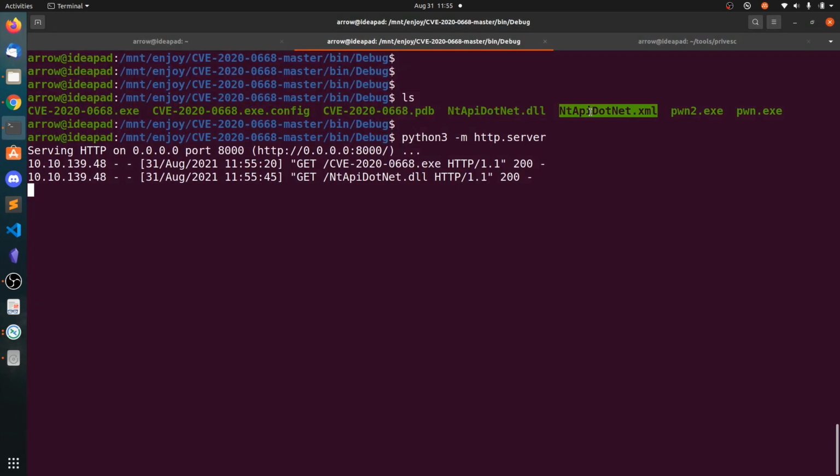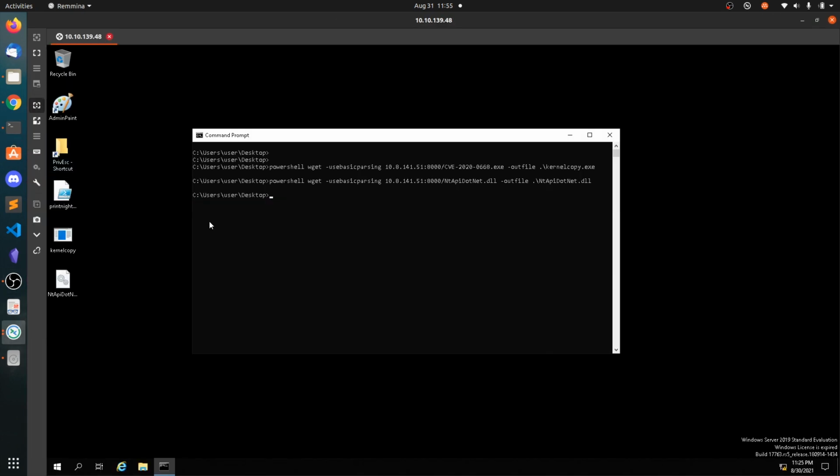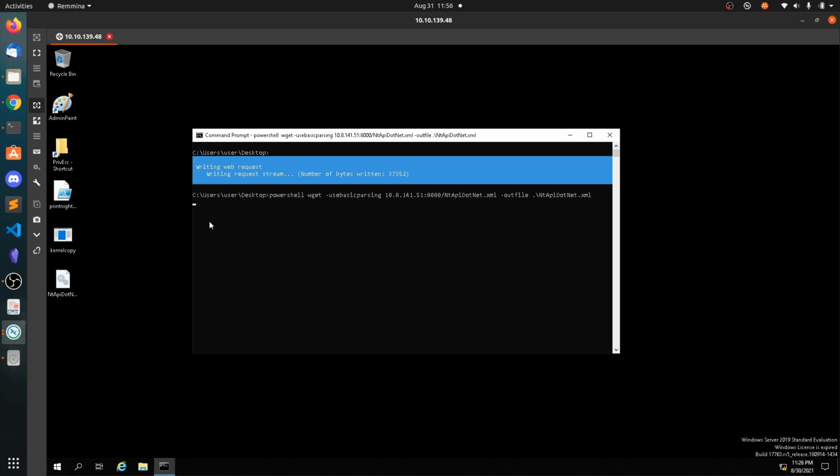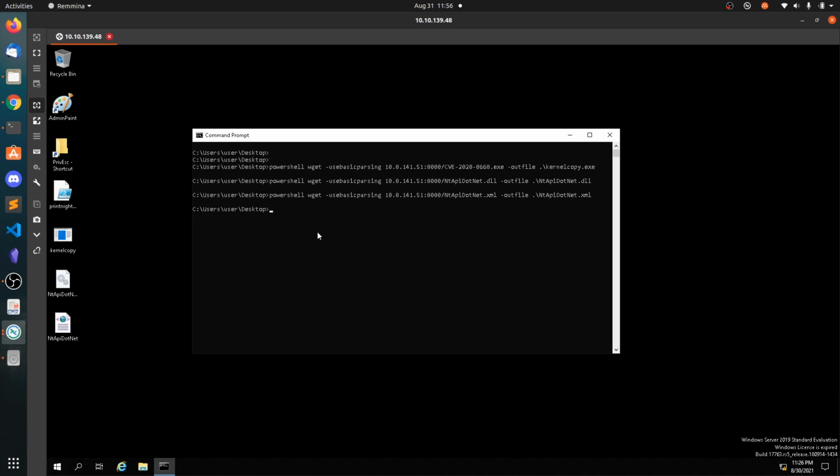Also copy this XML file. So you can copy one binary to the destination you desire.